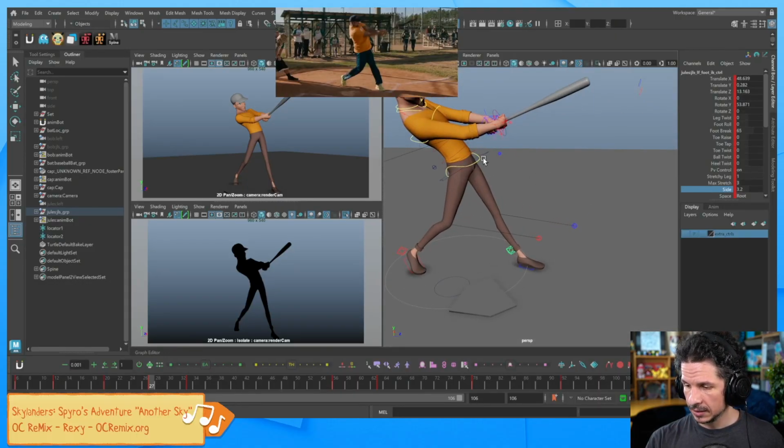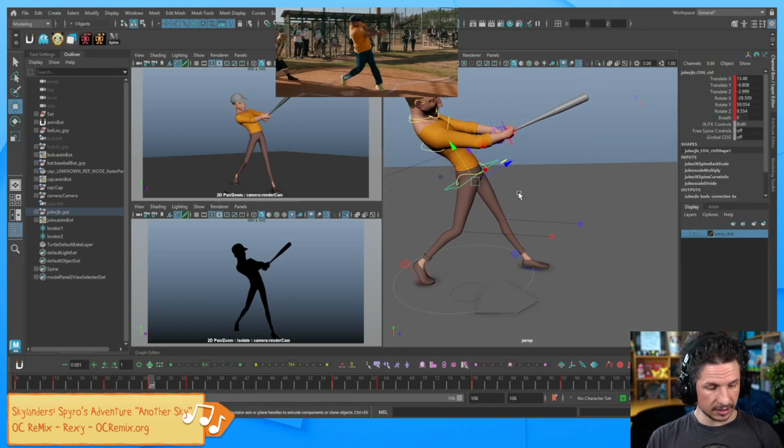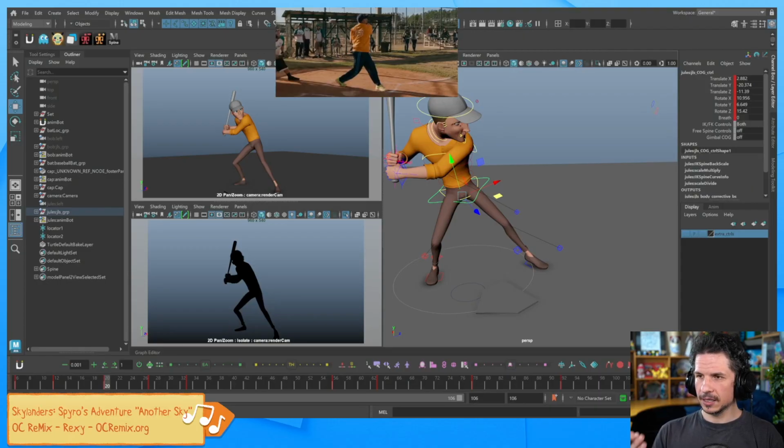Okay. Now let's go through here and start posing things through. The character goes forward. What are the hips doing? Are they going up or down? They're going up a little bit. Let's see. This is a very violent hit. They go forward. And then they're coming towards us. Yeah, so right here,